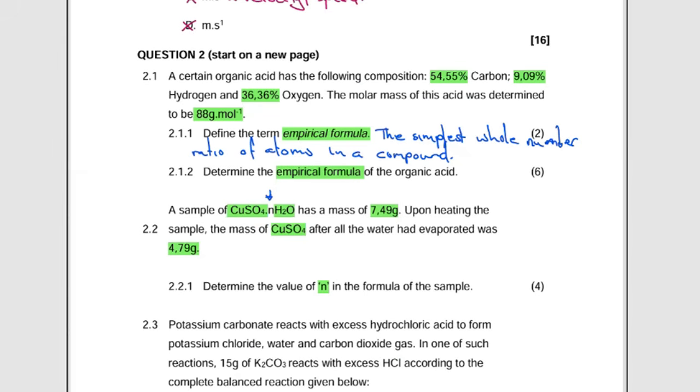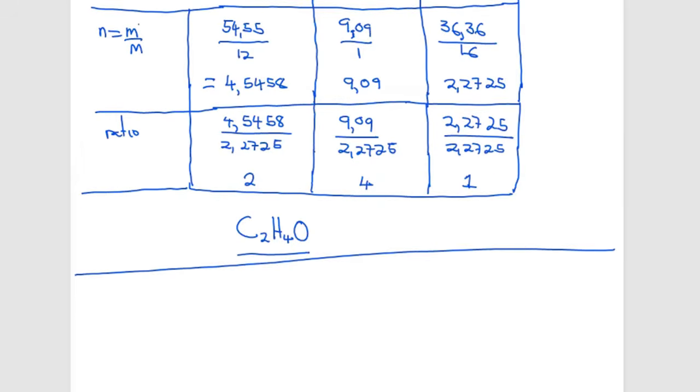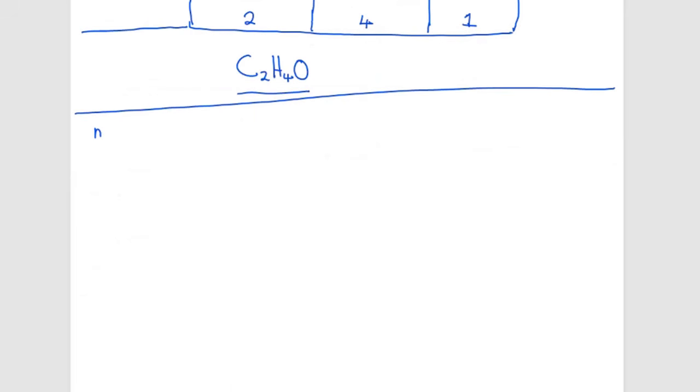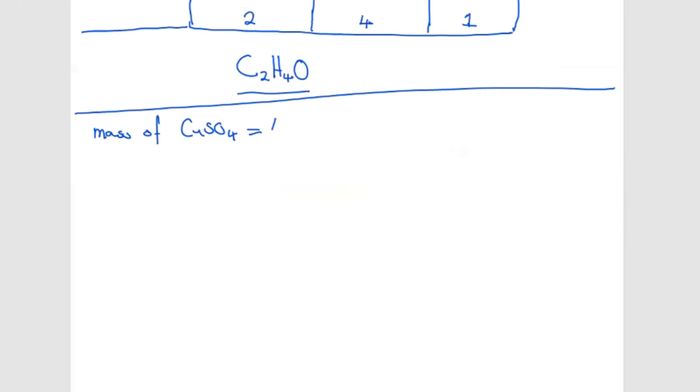Therefore, I'm going to start with the mass of copper sulfate. The mass of copper sulfate we now know is 4.79, right? Allow me to underline that one. I'm going to say the mass of CuSO4 is equivalent to, according to this, a value of 4.79 grams, right? Then after that, I'm going to say the mass of the unknown,